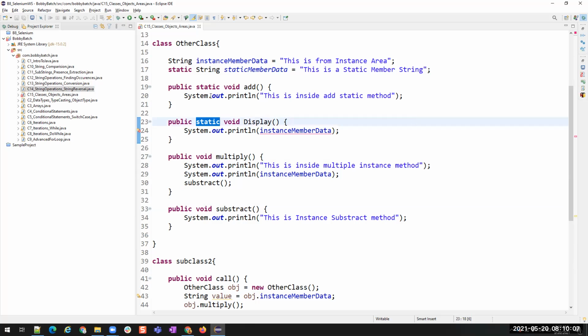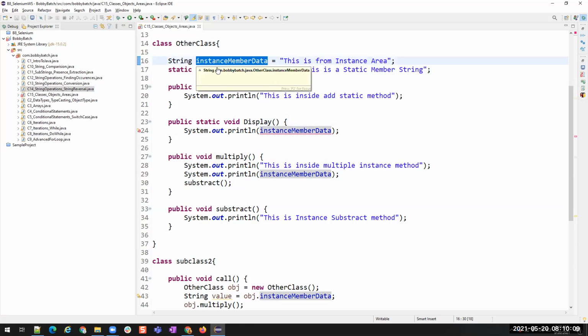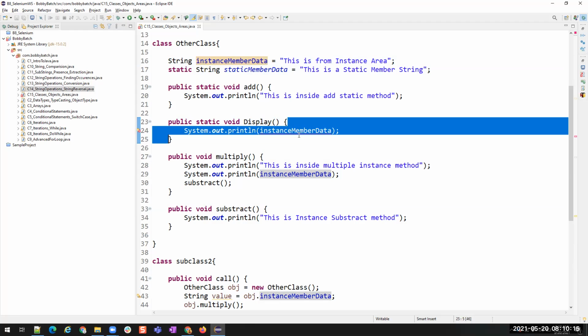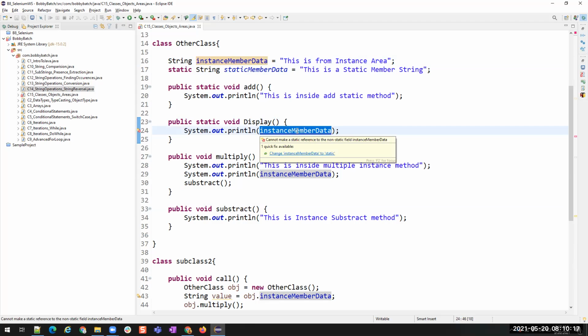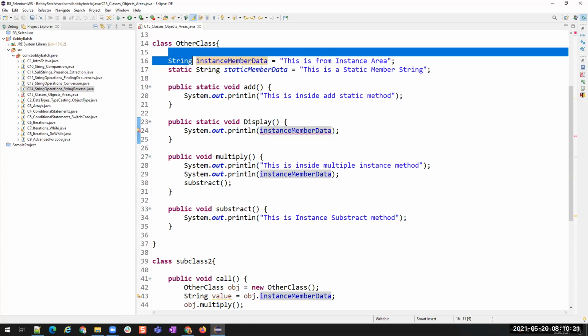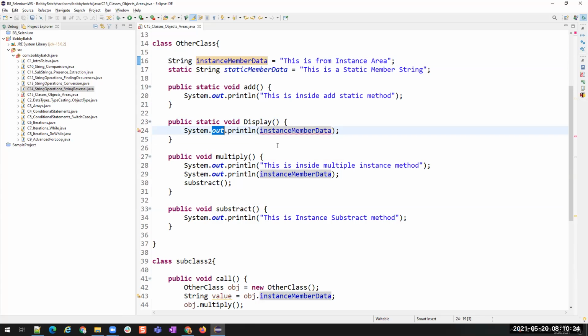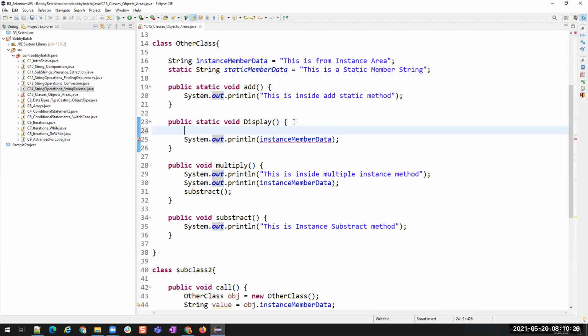This is a static area, but this is a non-static member. So a non-static member, which is an instance member, cannot be used in a static area directly, whether it is in the same class or the other class. If it is instance to static, then we have to create an object for accessing this.